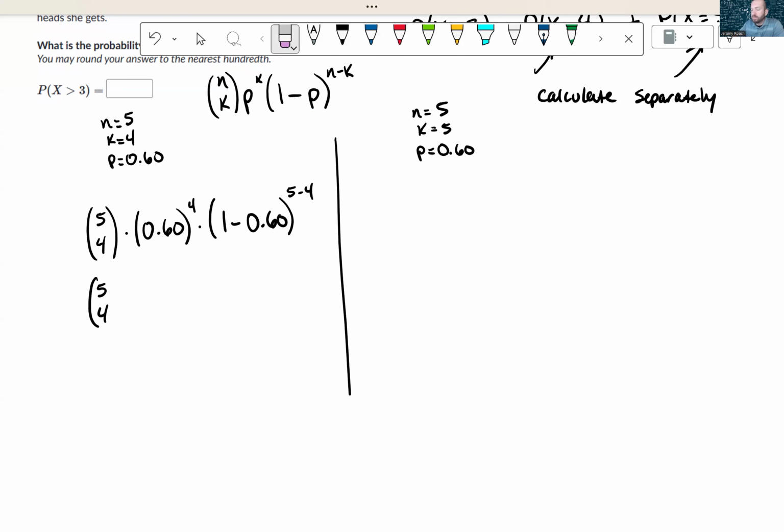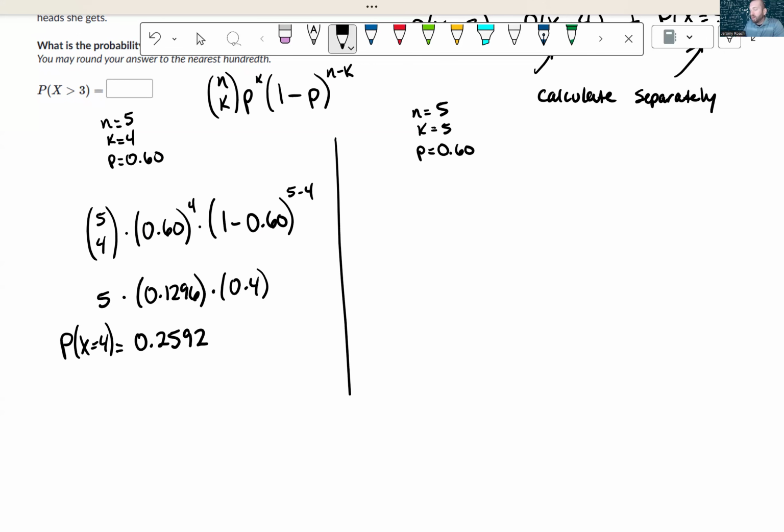Let's do this a little bit quicker here. So 5 choose 4 on the calculator is 5, times approximately 0.1296 times, and this is just 0.4 to the 1, which is 0.4. So we get for the probability that X equals 4, that's equal to